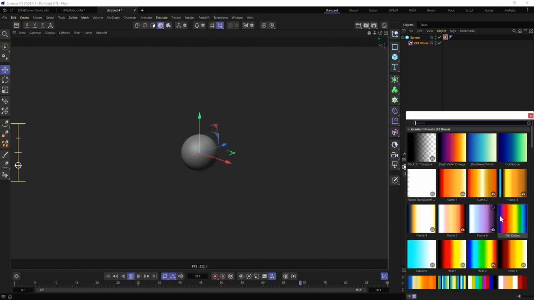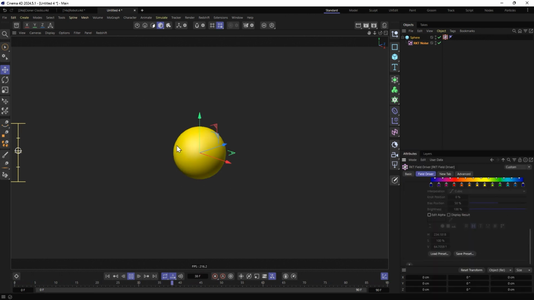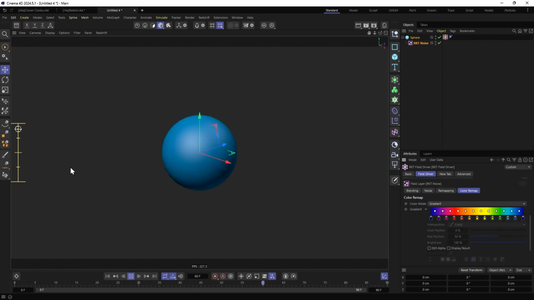But let's make that more exciting and feed in a full color range here. So you can see it's now traveling randomly through these colors really extremely. Based on this, when it's down here at 0, it's going to be at 0, and when it's at 100, it's going to be all the way up at 100. So it's kind of going up, down, up, down. But you see, it's really strong. This jitter, this noise is just so fast that the colors are a little bit too extreme